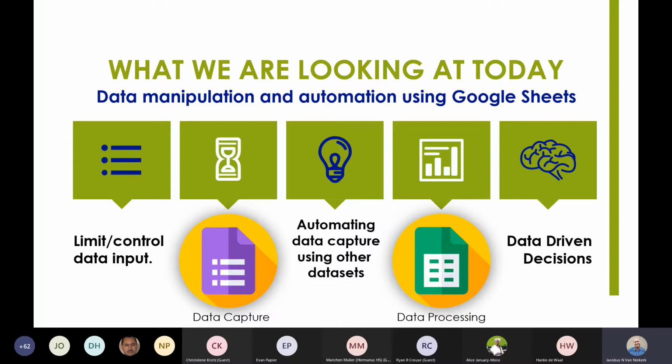But our ultimate goal remains the same, and today we're going to look a lot at limiting and controlling the data input, because then we end up having workable and sensible data. Now, what we showed you last time, it's quite easy to control if there's one person who's typing in the names, and hopefully they're going to type it the same way. But again, you need to imagine the system scaling to the point where you've got all the teachers at your school, be it 10 teachers or 50 teachers, using these forms and punching in information.